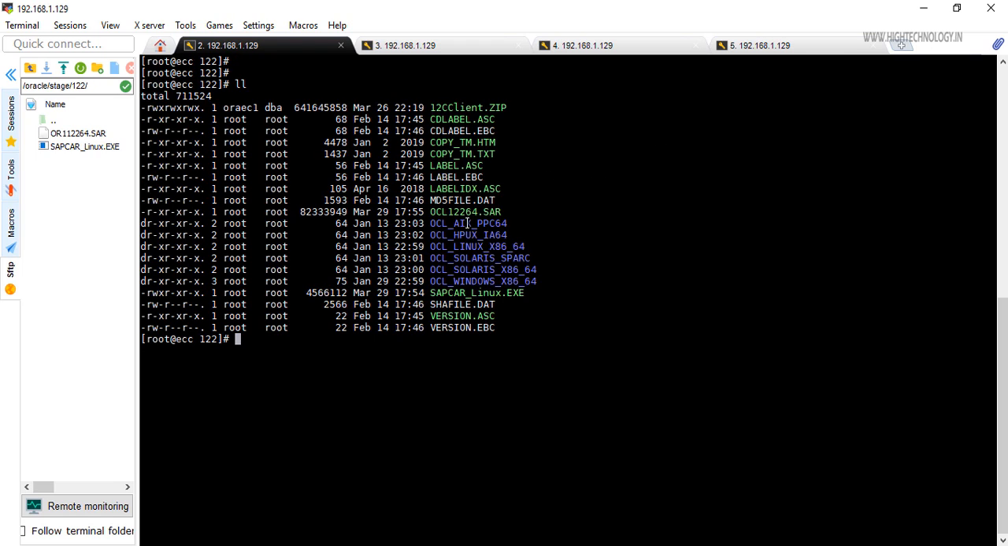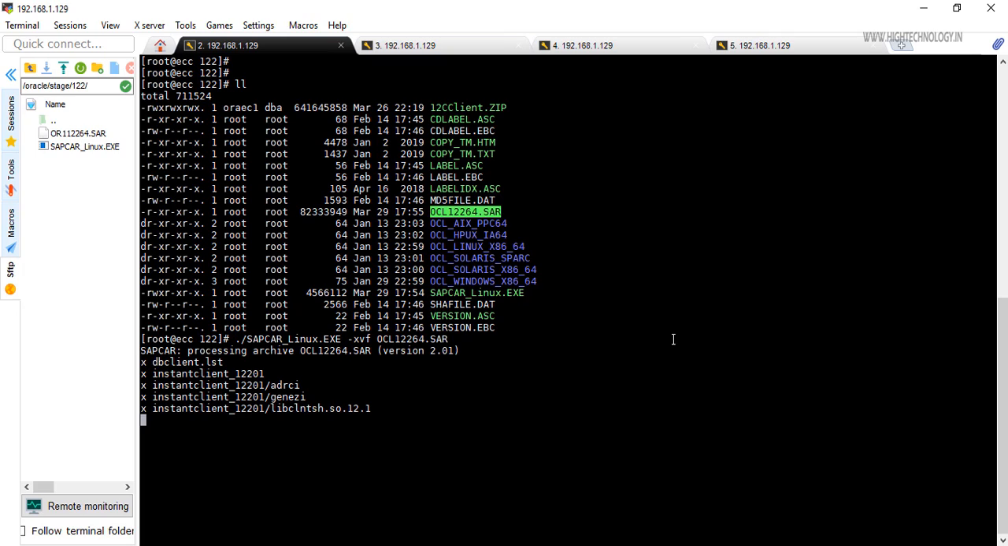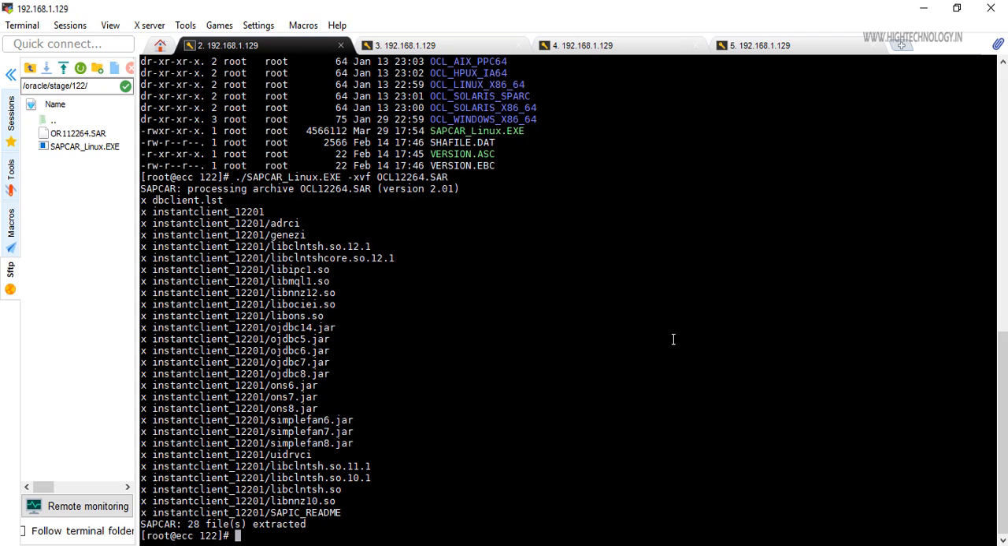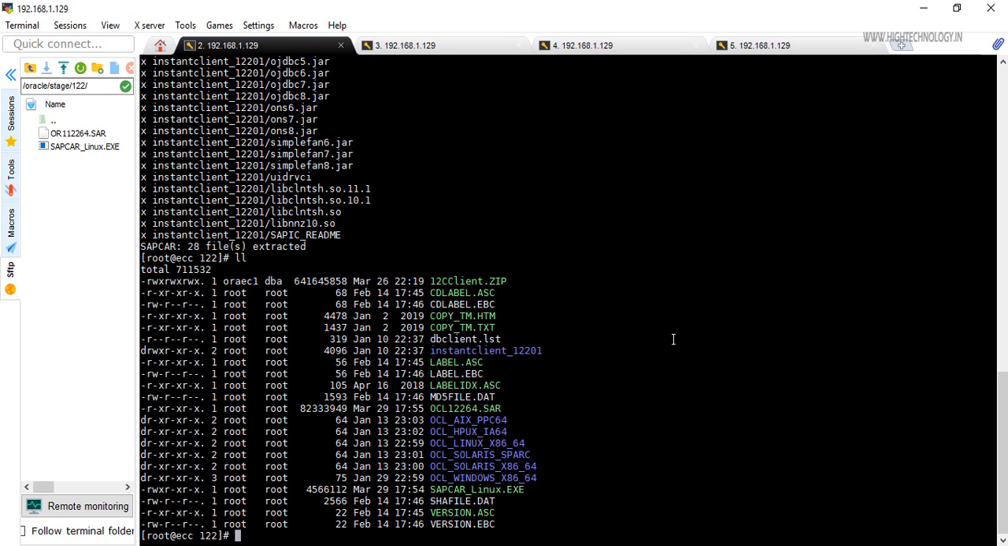Then this is the file. Now we have to extract it. So for that, use the command SAPCAR -xvf OCL 122.SAR file. Enter. ll. Done. And then we have to create a